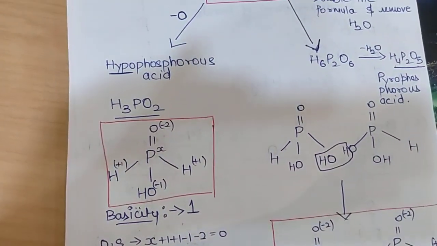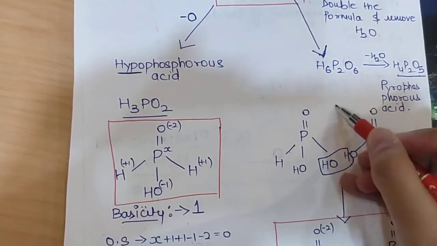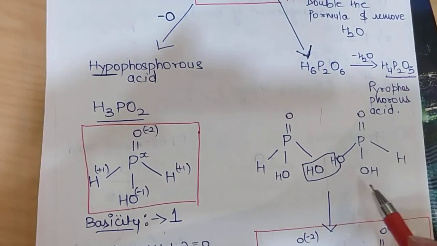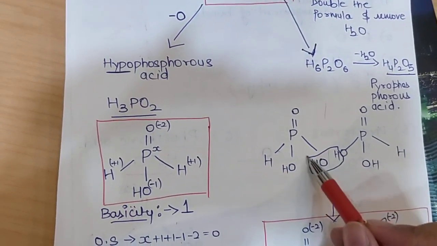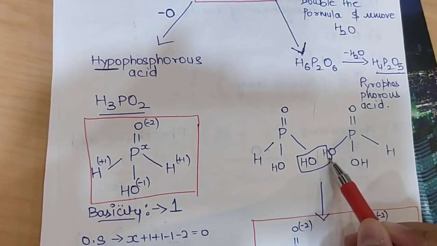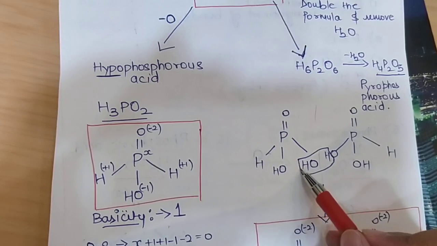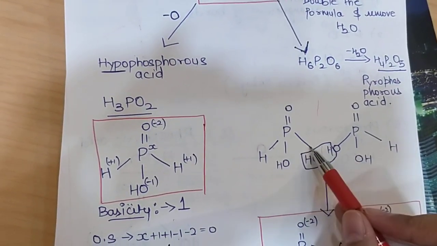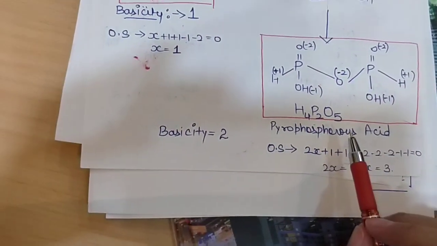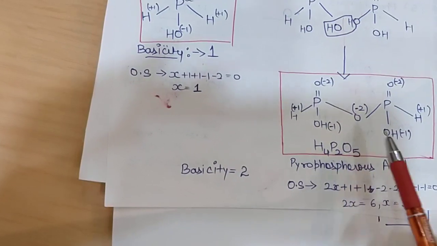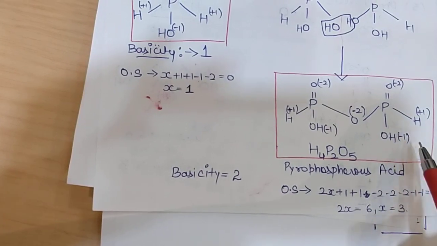So coming to the structure, we have doubled the formula. We'll write the phosphorus acid twice. This is 1, this is 2. What we'll do is remove a water molecule from here. OH will go from one part, and just the hydrogen, as we want to remove H2O, we need just the hydrogen from the other part. We remove this water molecule, and the bond here gets bonded to this oxygen, and this becomes the structure for pyrophosphorus acid, where we have an oxygen bridge between the two phosphorus. The rest of the structure remained the same.